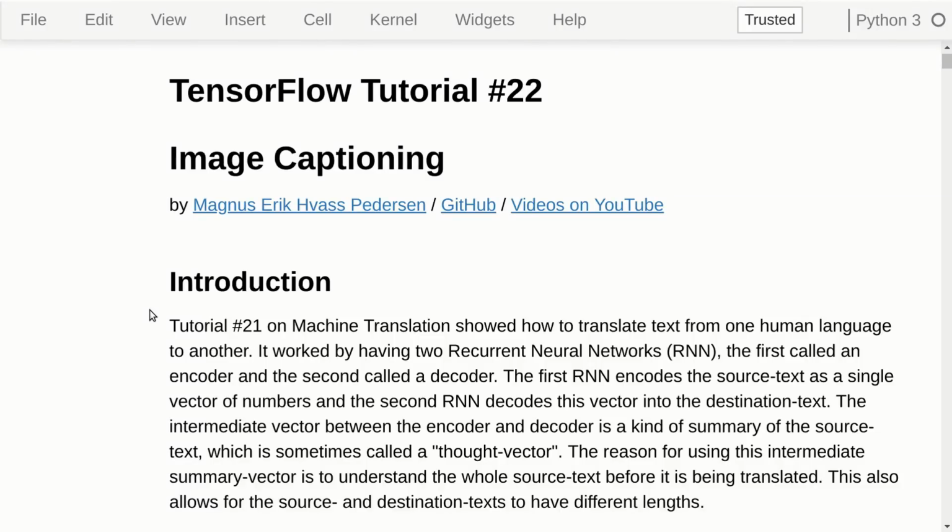This is my tutorial number 22 on TensorFlow, and this is about image captioning. I had not planned on doing this tutorial, but when I did tutorial number 21 on machine translation, I realized that image captioning was basically just machine translation and transfer learning for images. So this tutorial combines tutorial 21 with tutorials number 8 and 10 on transfer learning. And you should see those other tutorials before you see this one, because I won't go into all of the